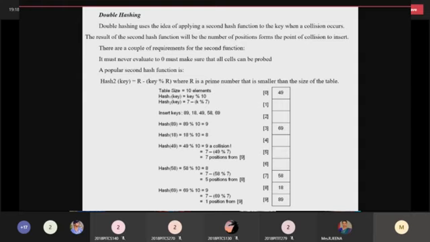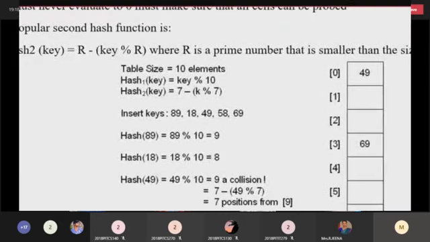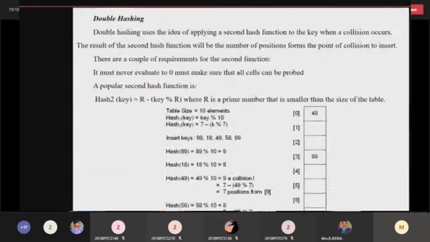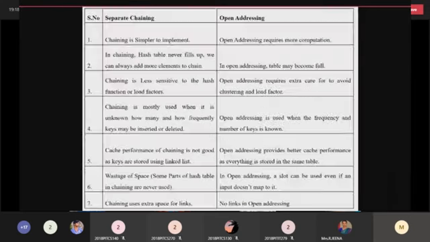So for the second formula, you can take the largest prime number less than the table size. So here the prime number taken is 7. So here the formula is 7 minus (key modulo divided by 7). That is the formula here. So now you have to apply the formula. You can get the remainder to find the particular index position and be able to store. That is the concept of double hashing.